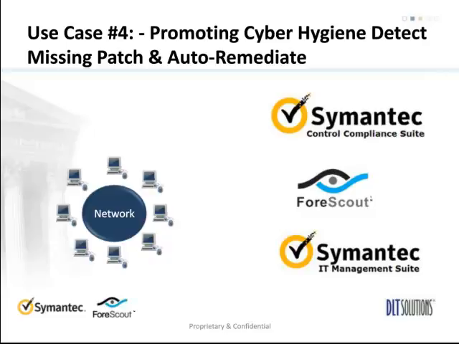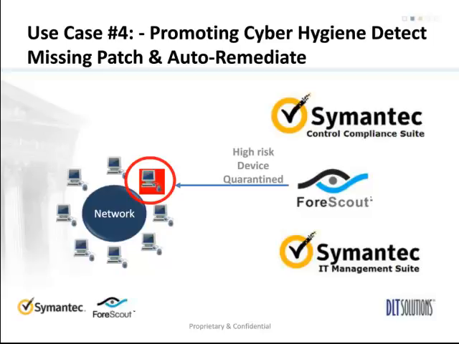The signal has been sent to ForeScout saying, hey, we have an asset that's high risk, and ForeScout can temporarily remediate that by restricting certain access, maybe even to sensitive information, and then inform the IT management suite that there's some work that needs to be done. ITMS then can deploy the necessary patches or configuration items, fix the issue, and then ForeScout releases that host back into normal service. So this is a way that we can introduce the idea of risk-based remediation to help our customers essentially protect against the threats of something that might be considered high risk in the environment.